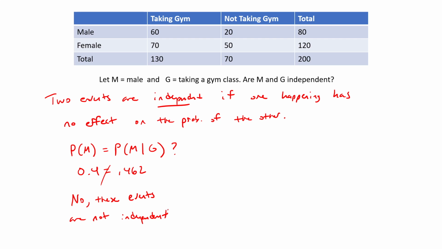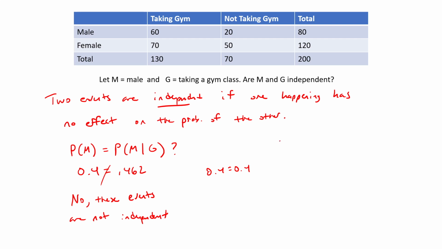Okay, so somehow, knowing that our student is taking a gym class increases that probability a little bit. So there's an effect. Knowing one thing has happened has an effect on the probability of the other. If, let's just say, you did get 0.4 equals 0.4, you would need to check